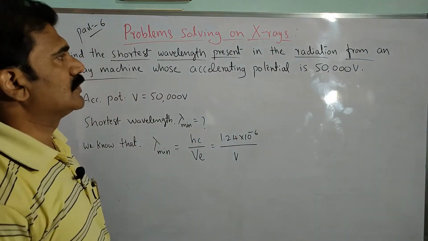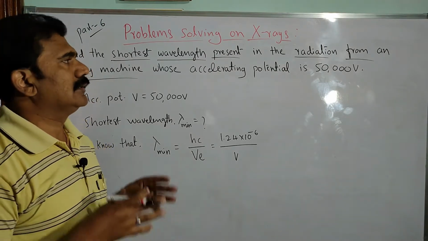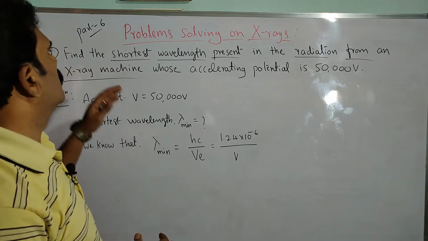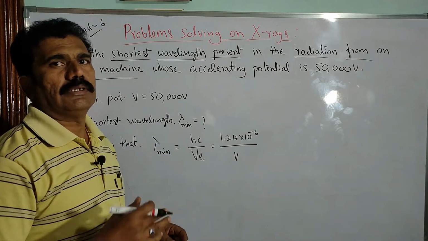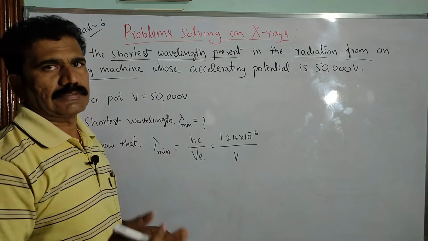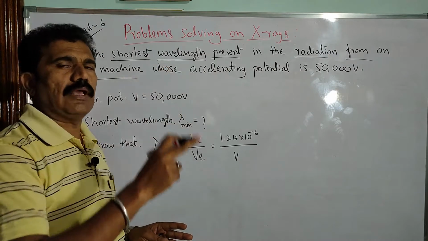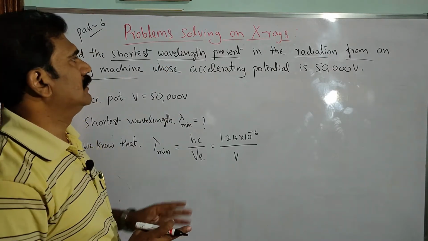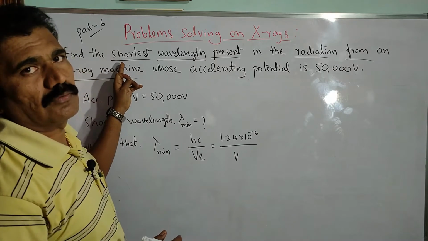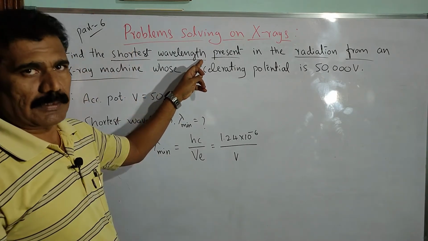X-rays are produced in what kind of machine? It is called the Coolidge tube. So X-rays are produced in the Coolidge tube, in which the radiation is continuous or characteristic. Particularly if you consider the continuous X-rays, they will have a certain minimum wavelength. So what is that minimum wavelength? You have to calculate that minimum, or shortest, wavelength present in the continuous spectrum